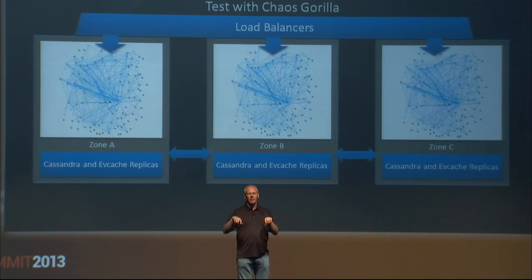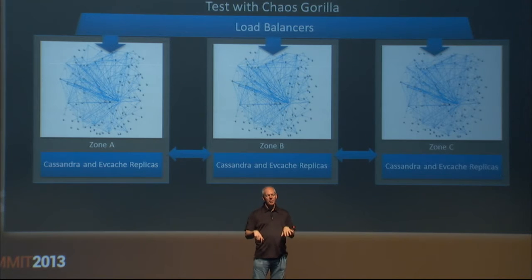All of the state you're writing goes into Cassandra at the bottom, and that cross-replicates automatically the way Cassandra does with RF equals 3. In EVCache, we explicitly do 3 writes, and if any of them fail, it's memcache, it doesn't really matter. It's just there for caching, so we don't attempt to be consistent with memcache. EVCache is a library that wraps memcached to do the replication we need here.